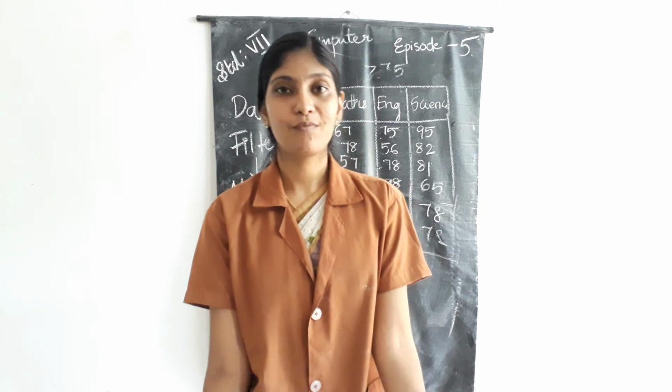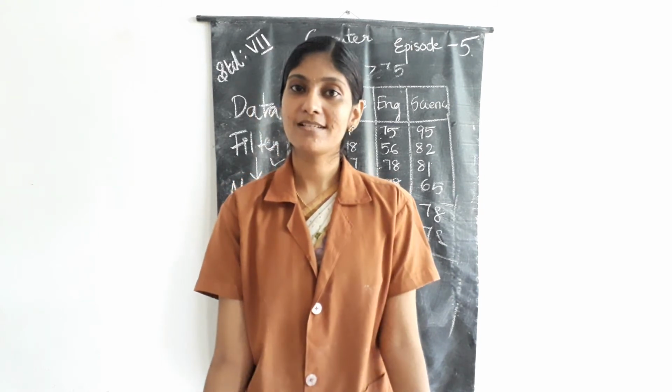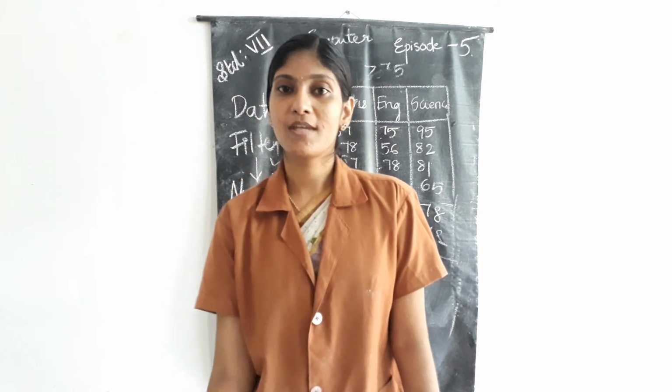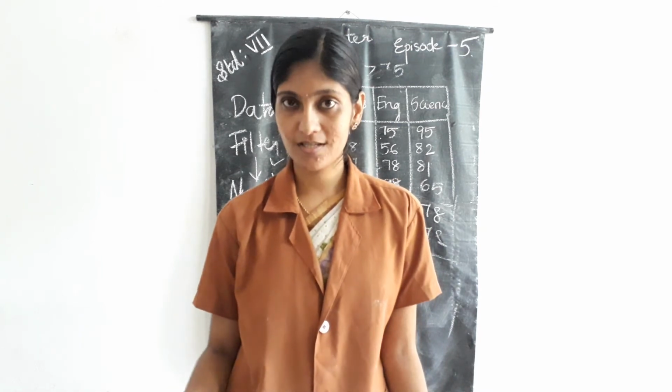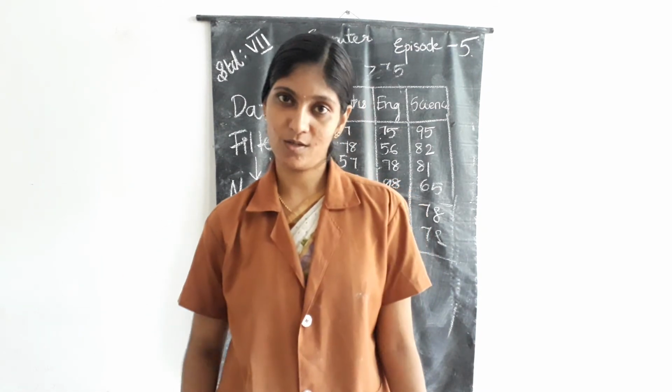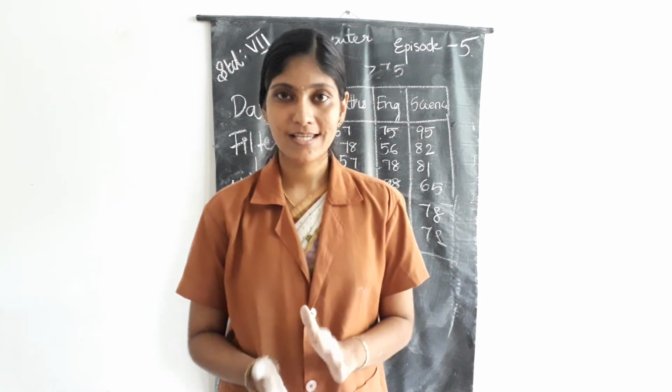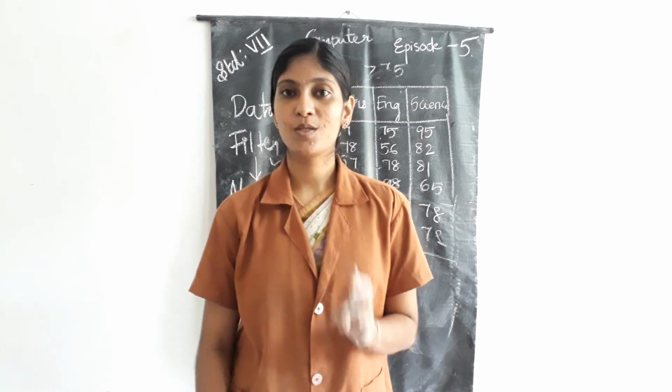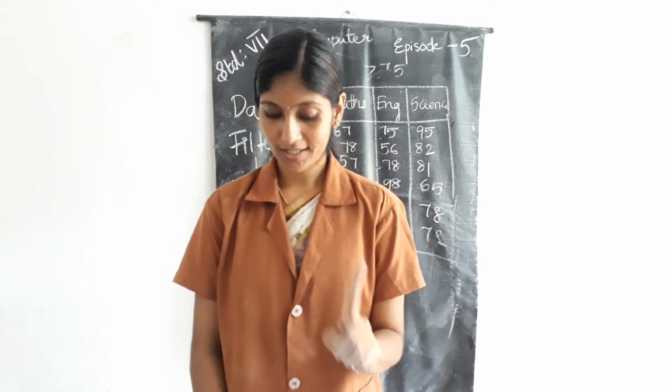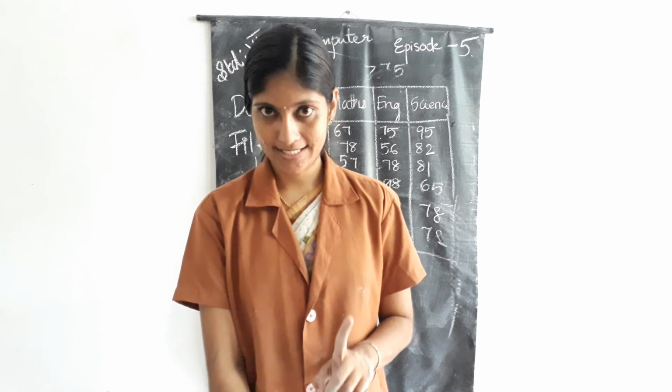Then what are the steps in the goal seek option? First, go to the Data tab. Then you can see a What-If Analysis option. It is a drop-down list, so you can see a list of options. Just select the Goal Seek option. And a Goal Seek window appears. In that window, there are three text boxes. What are they? A Set cell.